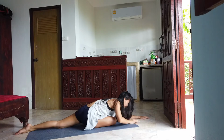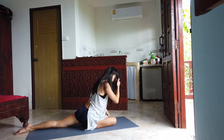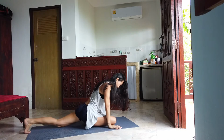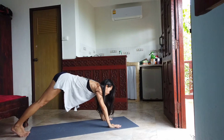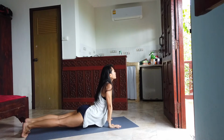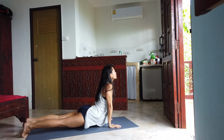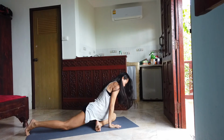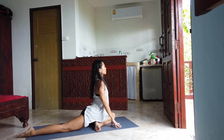Now come back up and shifting yourself back to almost like a downward facing dog, but we are going to swap to upward facing dog and stay here for a short breath. And slowly push yourself back to downward facing dog and switching to the other leg, left knees towards the left